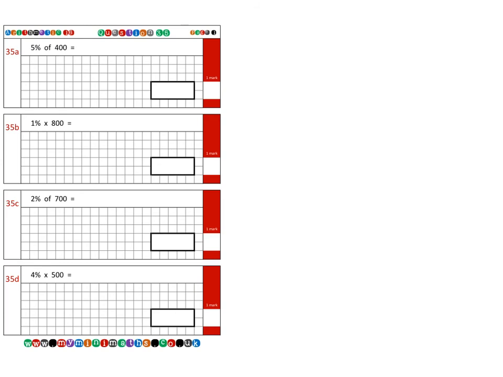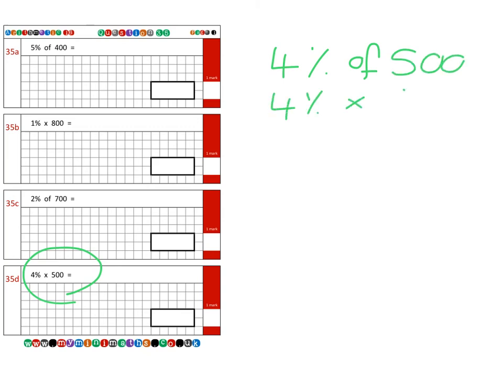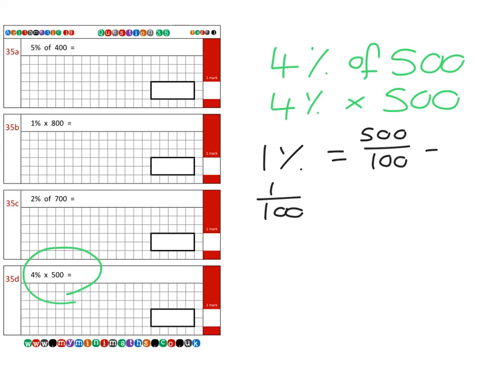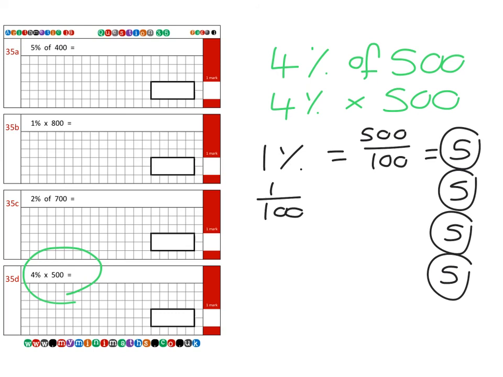And for the last of today's questions for the tutorial, question 35d, we're going to be calculating 4% of 500, or 4% times 500. And the first thing we're going to do is work out 1% like before, which is the same as saying 1 out of 100. So 500 divided by 100 gives us 5. And if I want 4 of those to make 4%, we have a grand total